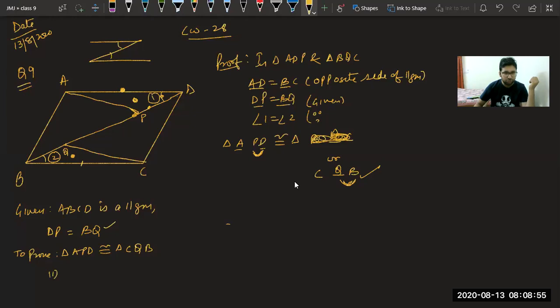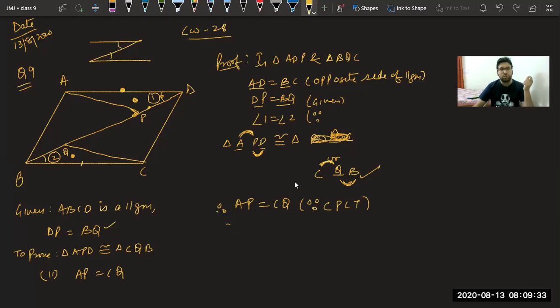In the second part, we have to prove AP equal to CQ. Can we prove AP equal to CQ, class? Can we prove this AP is equal to CQ? We have proved triangle APD congruent to triangle CQB. Can we say? Yes, Vaishnav, very good. We can say AP, therefore AP equal to CQ, because you can see AP is first and second, CQ is first and second, so they are corresponding parts of congruent triangles. Good. Now we have done 2 parts.